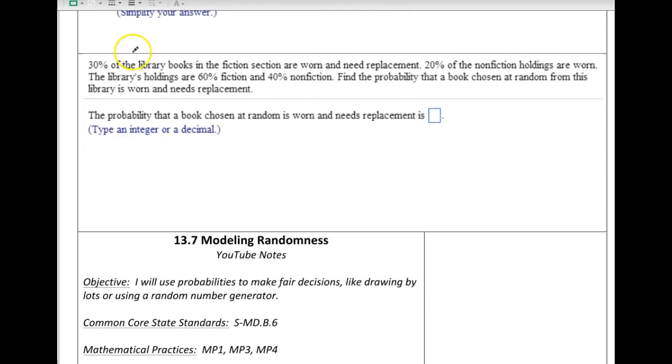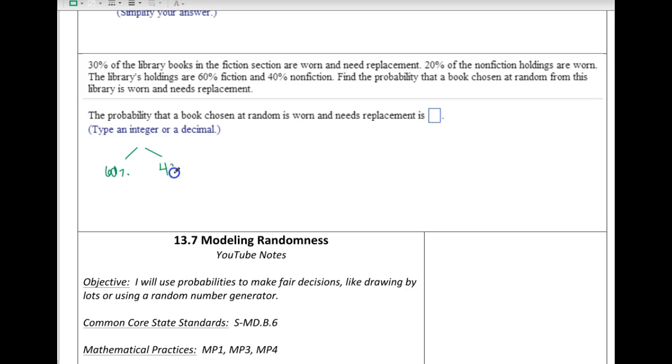Okay, last example. 30% of the library books in the fiction section are worn and need replacement. 20% of the non-fiction holdings are worn. The library's holdings are 60% fiction and 40% non-fiction. Find the probability that a book chosen at random from this library is worn and needs replacement. Okay, so this is what's going on. Of all the books in the library, 60% of them are fiction,